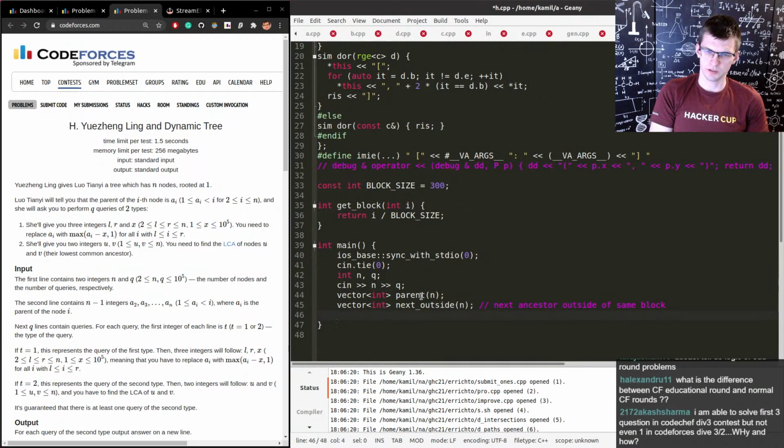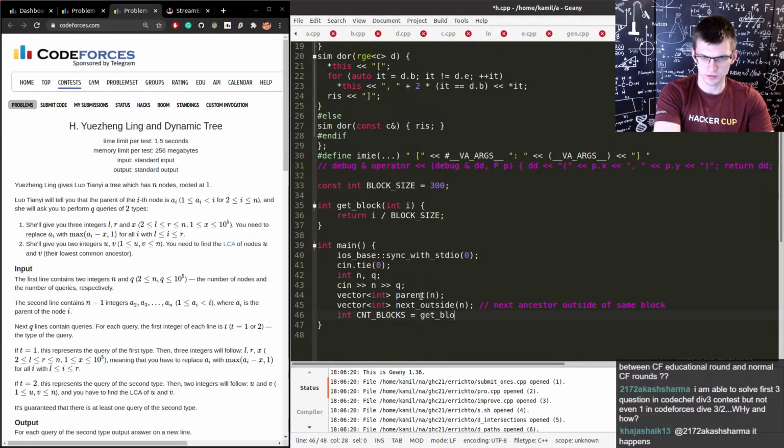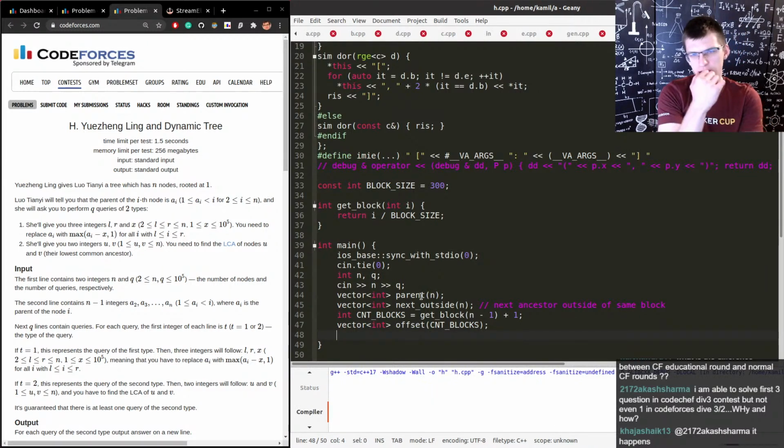And what else do I need? Some kind of offset. I want also blocks. How many blocks? Count blocks. This is n over block size. More like n. Get block of n of the last person plus 1. And for every block, I need to know offset. And it sounds enough,